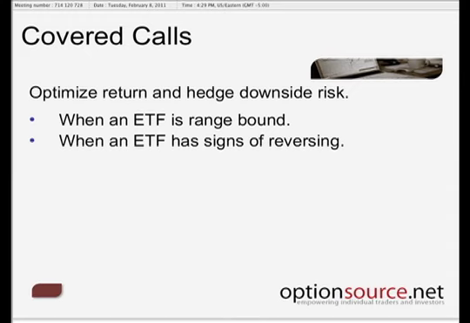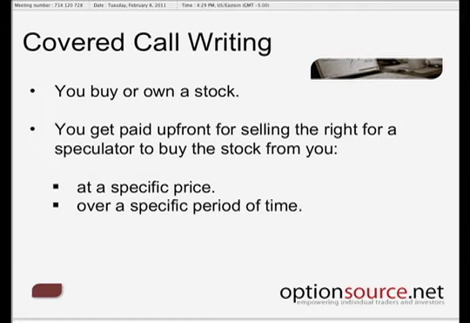So I'll give you guys an example of that. First of all, I have to assume that many of you may be brand new to options, so bear with me while I do a very quick summary. In order to do a covered call, you actually have to own the ETF first. So when we own that ETF and sell the call, we get paid an upfront premium, an upfront amount of money, for giving a speculator the right to buy that ETF from us. And that speculator buying the call option has the right to buy that ETF off of us at a specific price over a specific period of time.